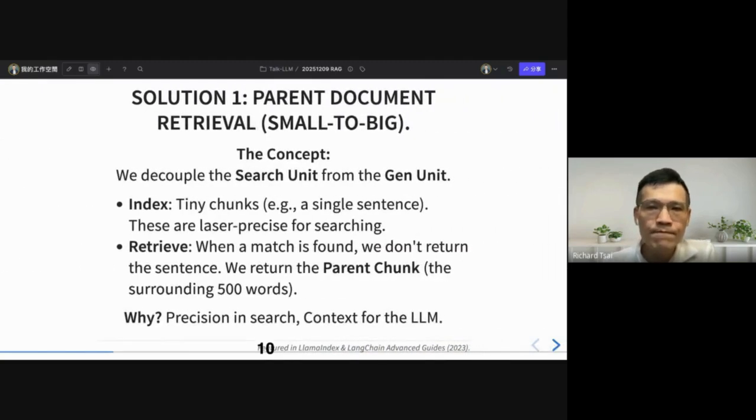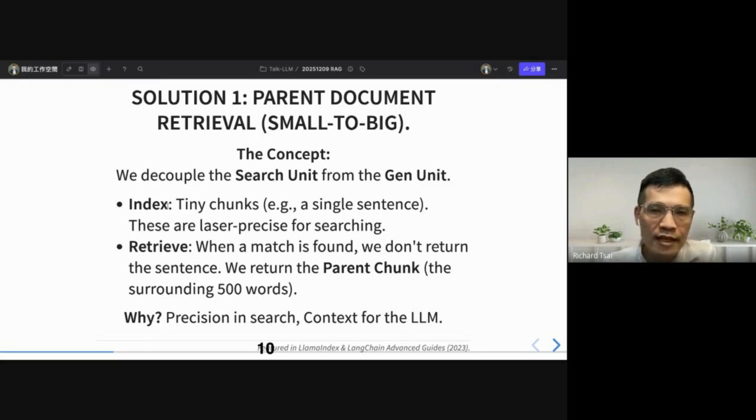Let's see if there is a solution. Solution one was proposed by some scholars in 2023. They call it parent document retrieval, or small to big. The concept is that they decouple the search unit from the generation unit.